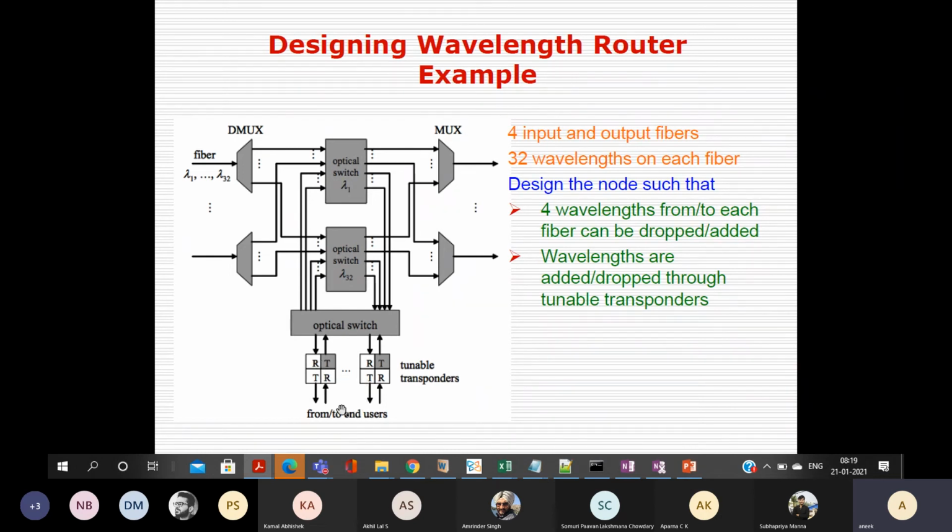If you remember, I have mentioned that there is a short reach transceiver and there is a long reach transceiver. So what they are showing is, let's say there is an IP router, and the IP router has an optical port. From this transmitter of that IP router, the signal will come to this receiver. But the distance between this transceiver and the IP router is a short distance. And then again it will be sent to a transmitter, which is a long haul transmitter.